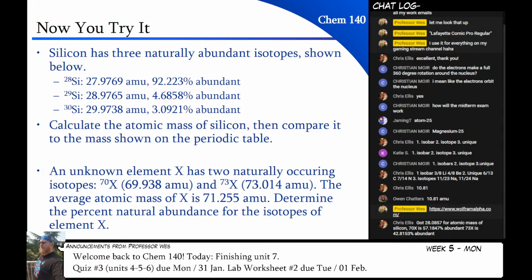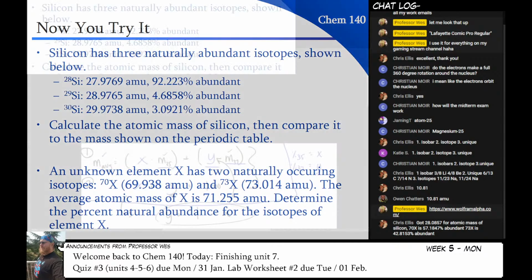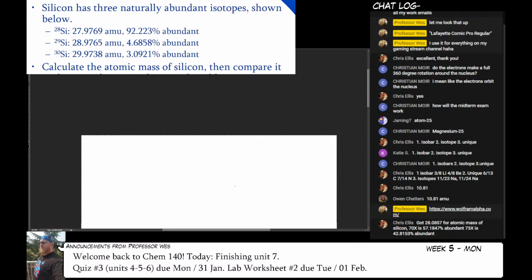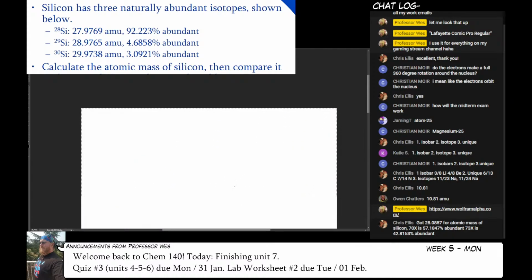All right, so let's very quickly do the top problem, and then we'll type the bottom problem into Wolfram Alpha. Forgot the name for a second. So, all right, so I'm always losing the stylus because I never put it in the same place. Okay, so the average mass for the silicon will be 92.223% abundance,